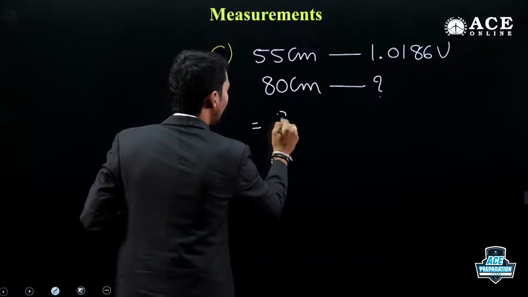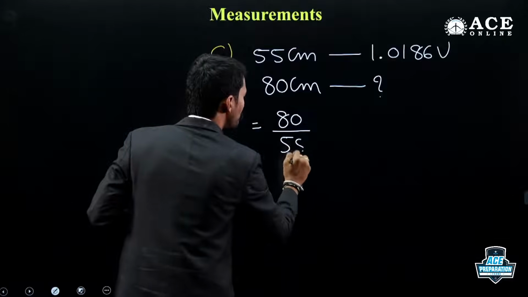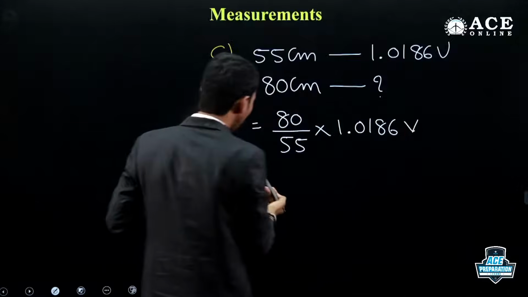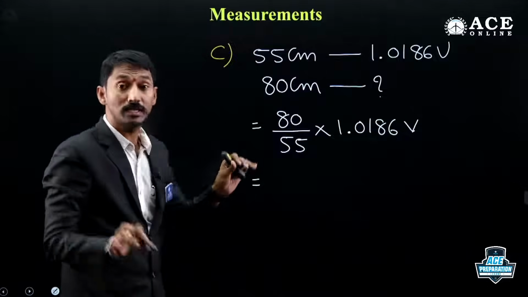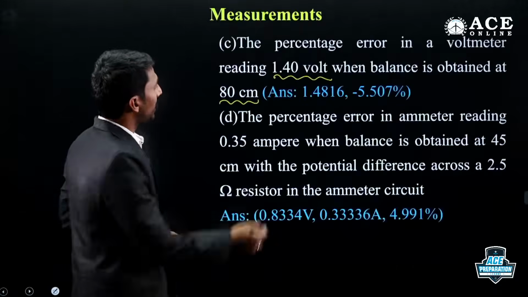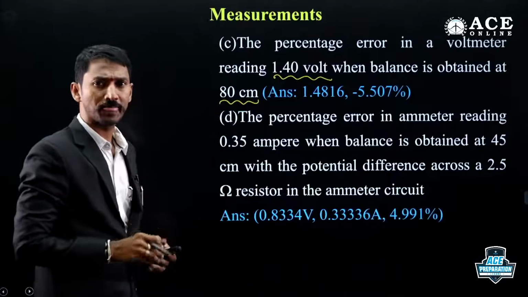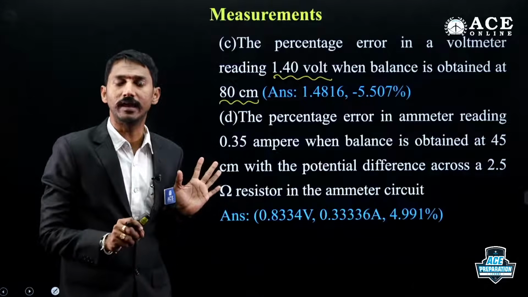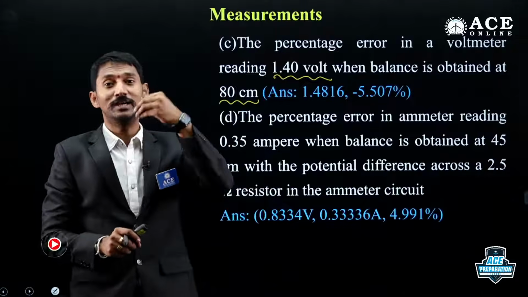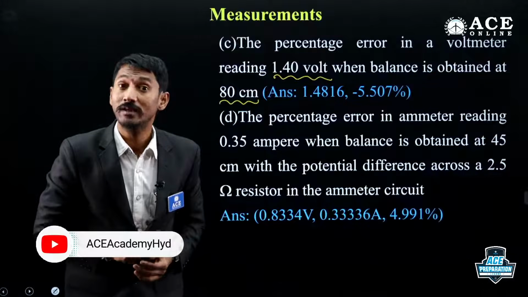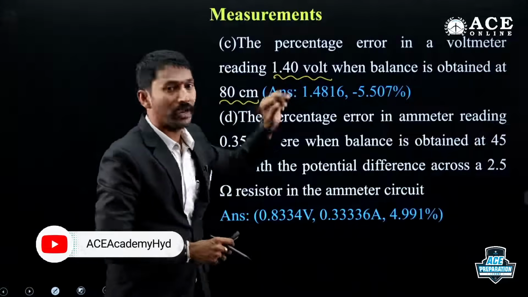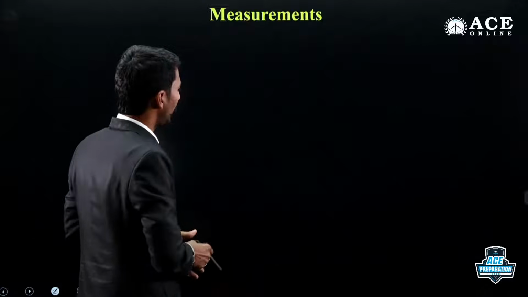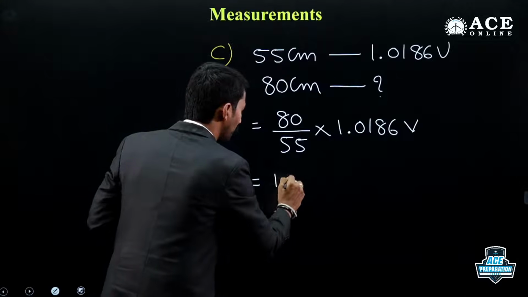Sir, 80 by 55 into 1.0186 volt. Sir, if you simplify this, suppose you are getting the same voltage of 1.4, for example. He observed 1.4. If we are getting the same 1.4, then we can say, yes, actual value 1.4, measured value 1.4, therefore error will be 0. Suppose you are not getting this 1.4, automatically error will be there or not? Let us see now. Sir, if you simplify this, you will be getting